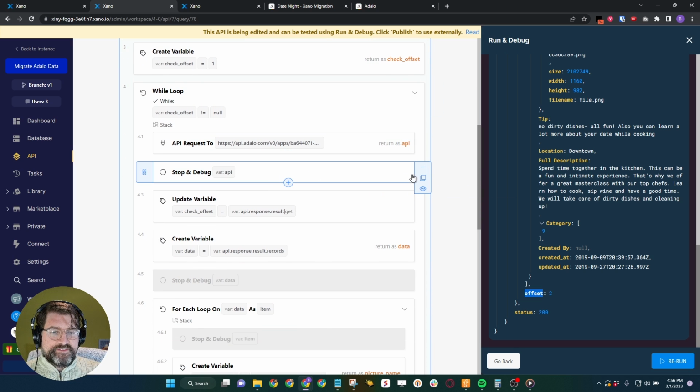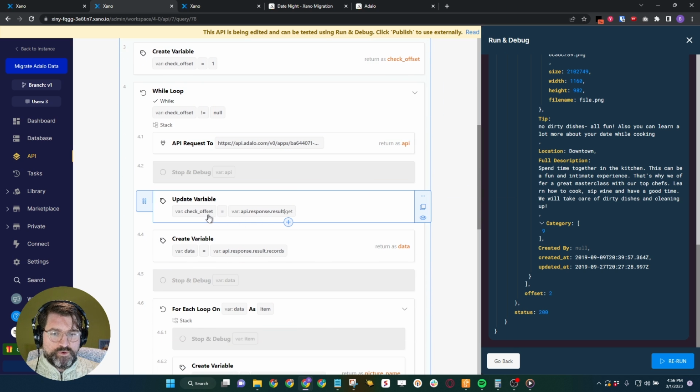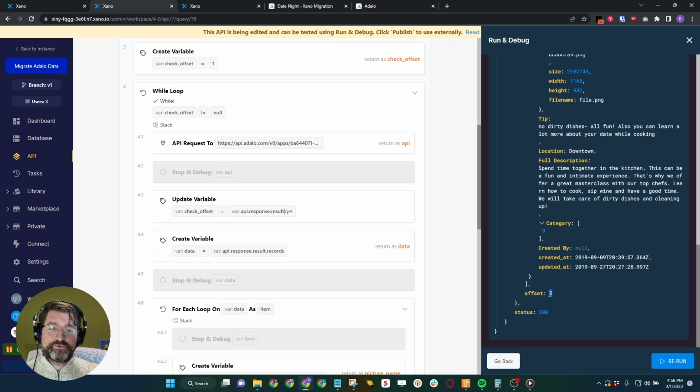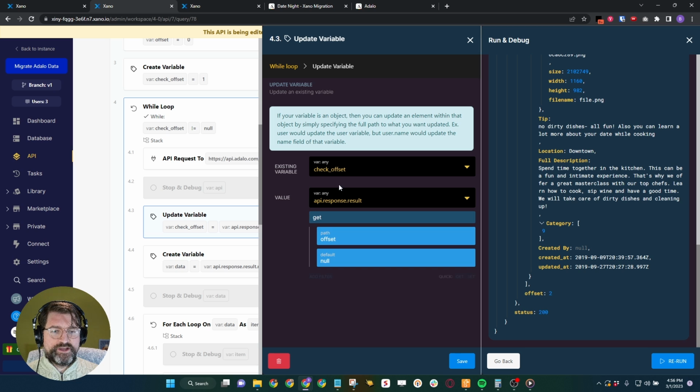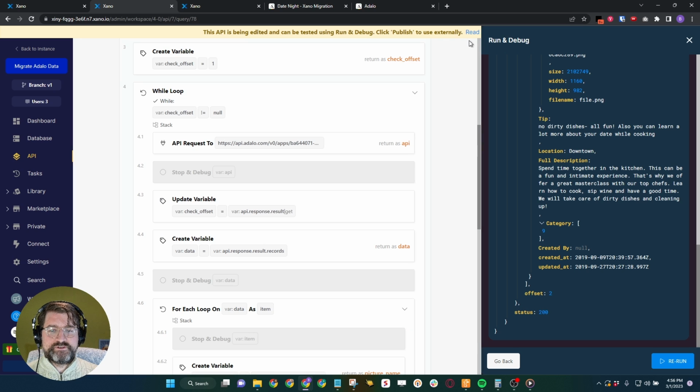All right, so now that we've gotten our API data, what we want to do is check this offset. What is the offset that we get back from this API request? And the way that we do that is api.response.result get offset. And the reason we're using get offset is if the offset is no longer there, I'm going to show you what happens